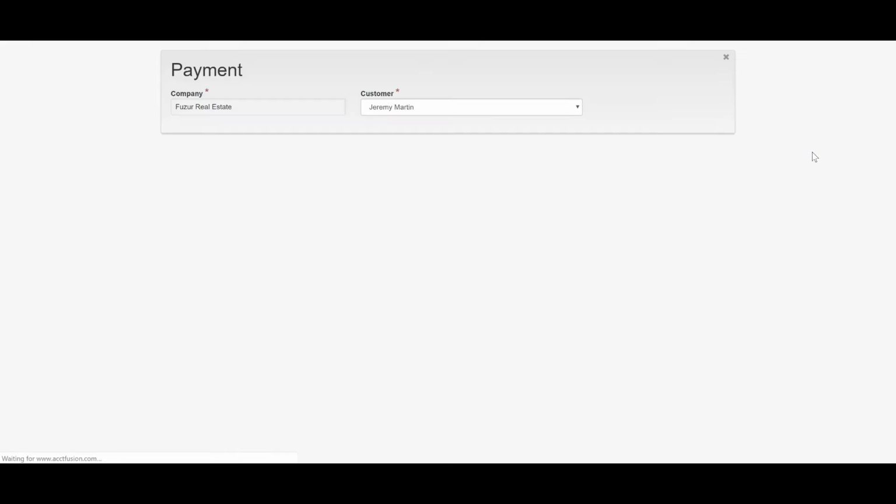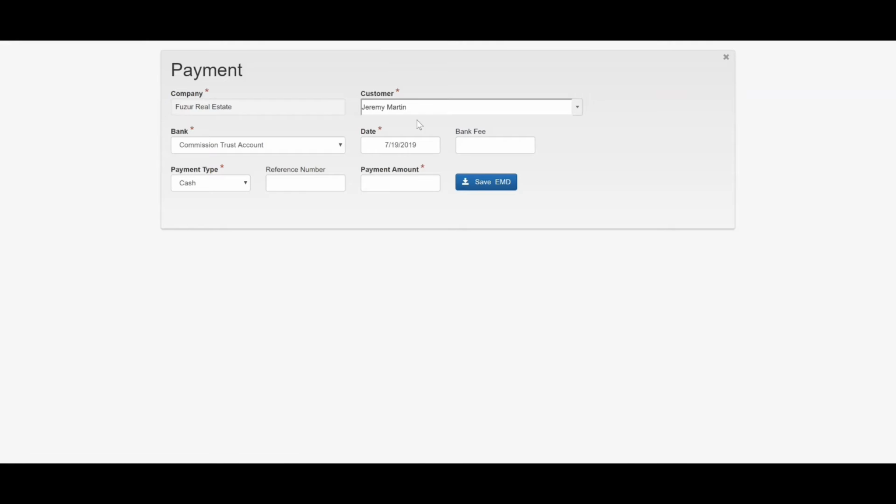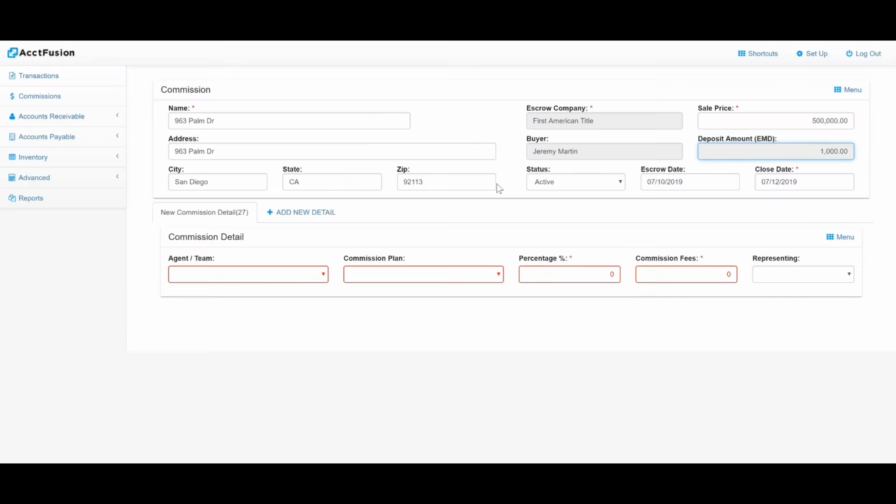Go ahead and click this field, and it will open up the payment. As you can see, it's getting paid out to us, Fuser Real Estate, from Jeremy Martin, the customer. And if we put in, let's say it's a check, we'll put in the check reference number, 10022, theoretically, and the payment amount, which will be, say, $1,000, will be taken out of the receivable and be calculated automatically. So we can save this, and now everything on the deposit end is done,